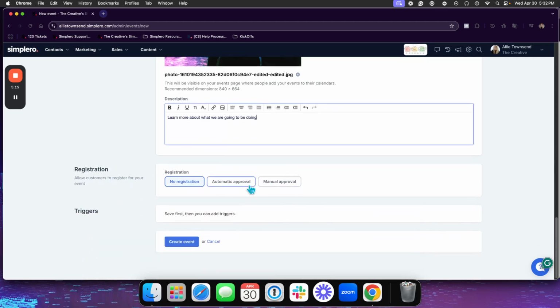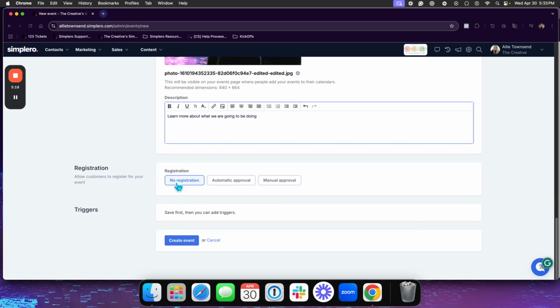Next, you're going to go into registration, and there's quite a few options here under registration. So I'll come back up to this one. Triggers, okay, so you're going to have to save first before you can add any triggers. Triggers are only going to be available if you're going to do the automatic or manual approval for registration. All of our event triggers are going to go off of registration. So if you use the no registration option,